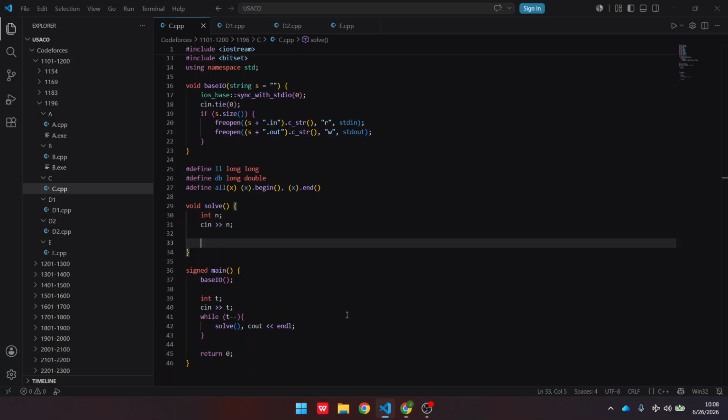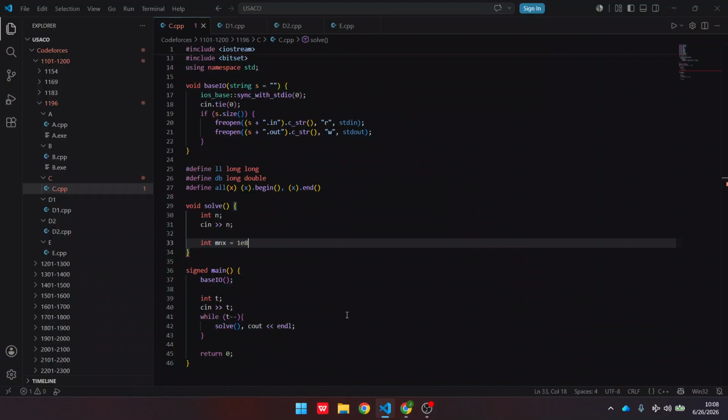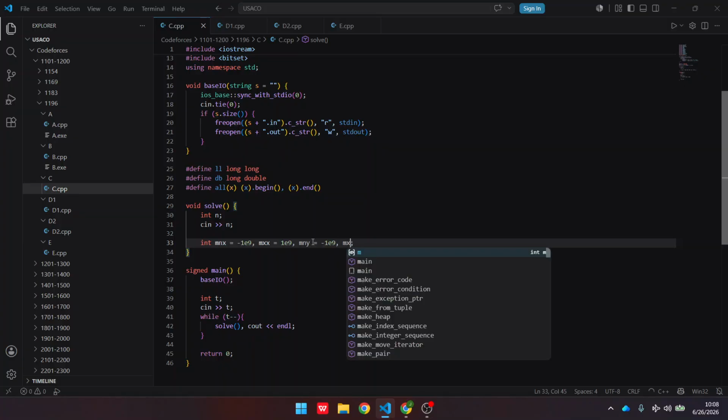Okay, we should have some x and y restrictions. So int min x, 189, max x, negative 189, min y, 129, max y,